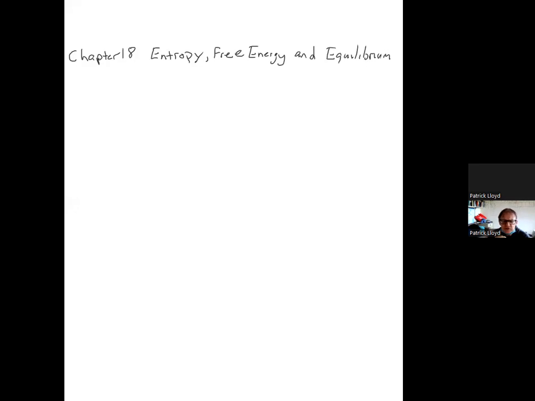So today what we're going to do is look at another quantity which is used in thermodynamics, which is called entropy. Once we've done that, we'll connect it into something called free energy and then to equilibrium. So the title of the chapter is Entropy, Free Energy, and Equilibrium. So we're going to start with entropy here today. Okay. So entropy